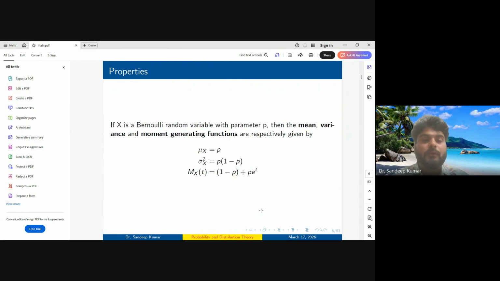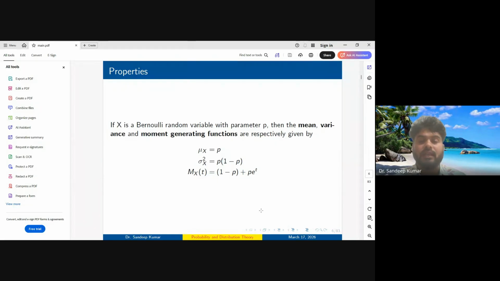And some properties of the Bernoulli distribution. If X is a Bernoulli random variable with parameter P, then the mean, variance and moment generating function are given in this form. Mu X, the mean of the Bernoulli distribution, is P. Here P is the probability of success. And sigma X squared, the variance of the Bernoulli distribution, is